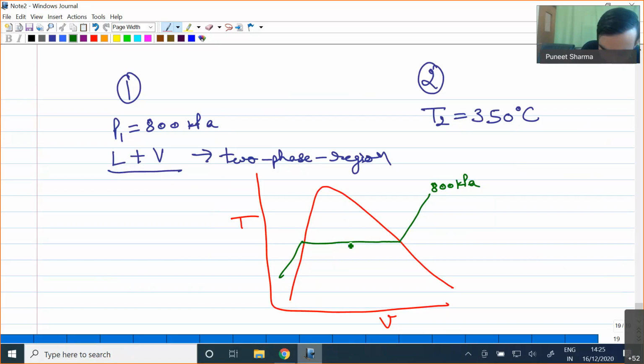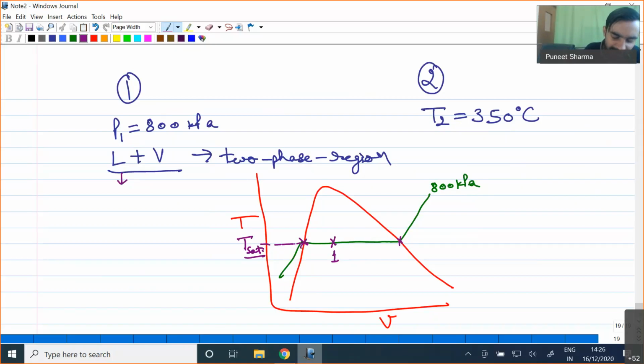And we have actually the mixture of liquid and vapor. So that's why my thermodynamic state 1 will be somewhere over here. Now exactly at what point, that I don't know, but it is clear that it is nothing but in our liquid vapor dome, so inside the two-phase region. So inside the two-phase region I'll be having some temperature over here, and this will be my saturation temperature